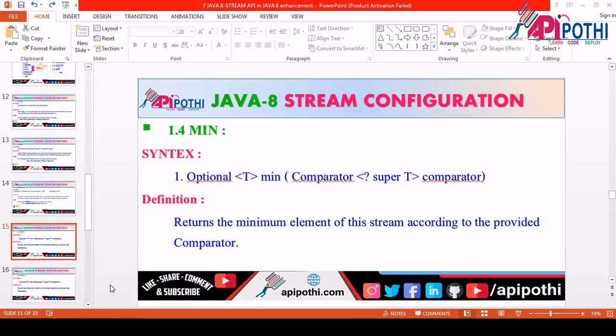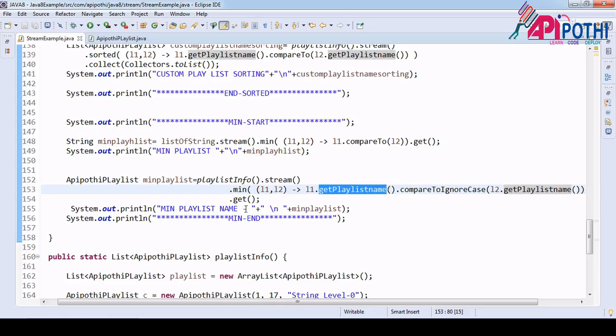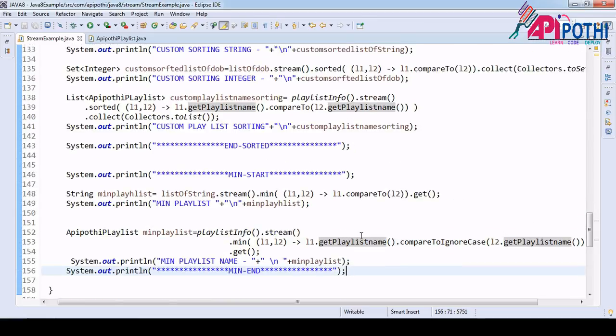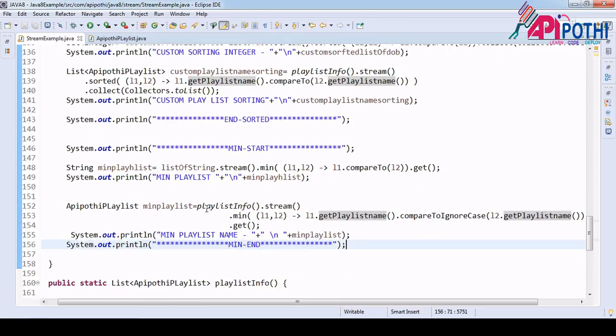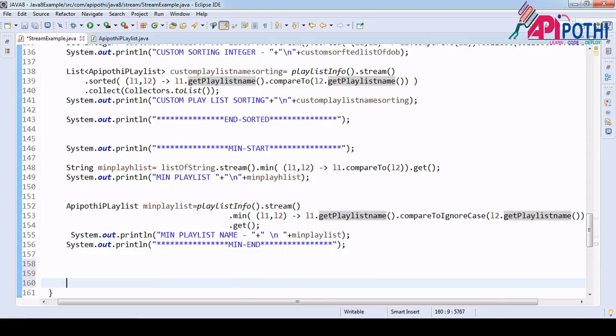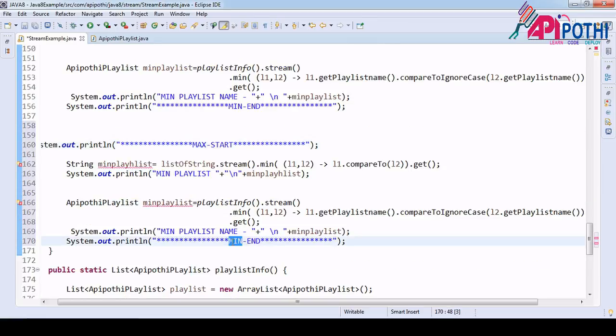Done. Same way you will have the max itself. Max means instead of min you can have the max. Okay, so if you want I can copy the same code from min, where here is the min, right? Copy this one, paste it here. Instead of min, you write here max, same code.